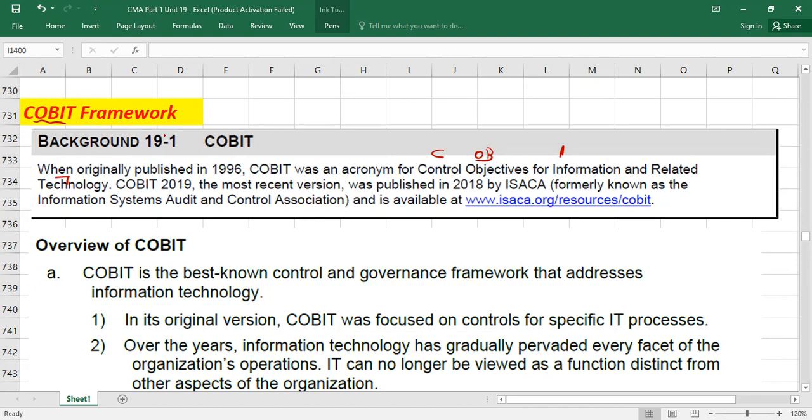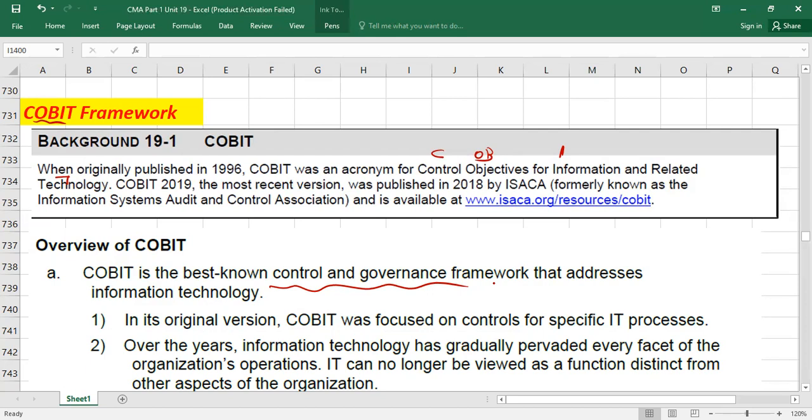So let me tell you what it is. Actually, guys, it is a kind of framework. For example, for accounting we have frameworks like IFRS and US GAAP. These frameworks guide us on what to do or how to record certain transactions, right or wrong. In the same way, we have the Cobit framework, which tells us about control and governance. This framework provides information about IT-related controls and governance, like which areas you have to focus on.